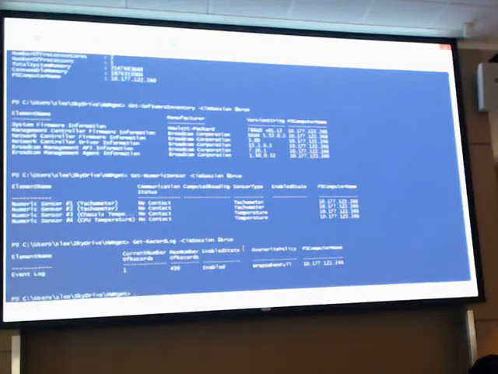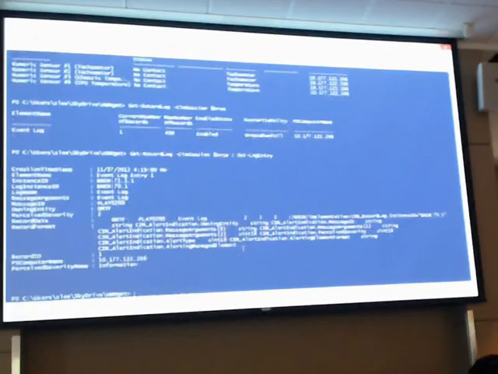But if we wanted to see the actual entries, I may not have anything in this one. I can just pipe it to get log entry. Right now there's only one log entry. And because I did not add the capability to render this in human readable form, I believe this log entry is for the log has been cleared. So the last time I cleared it, it logged that it was cleared.